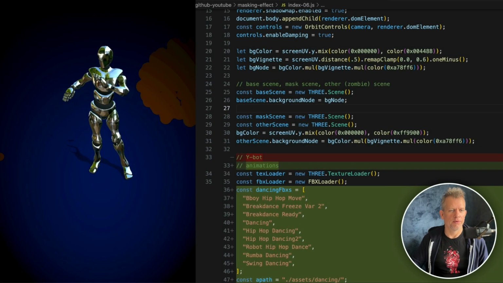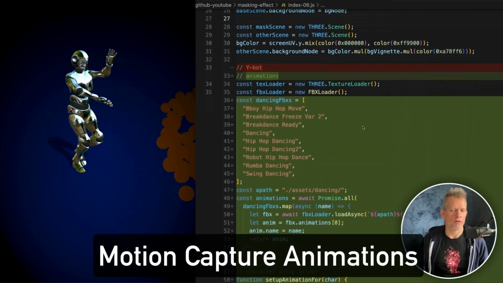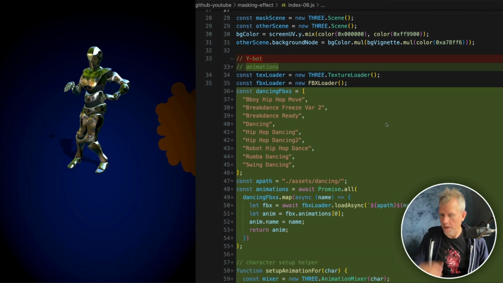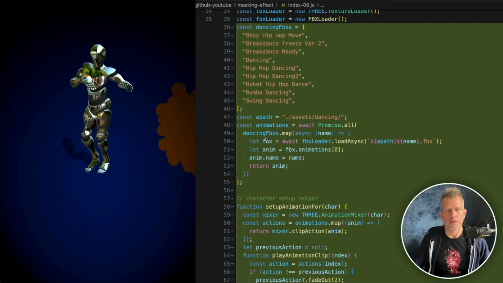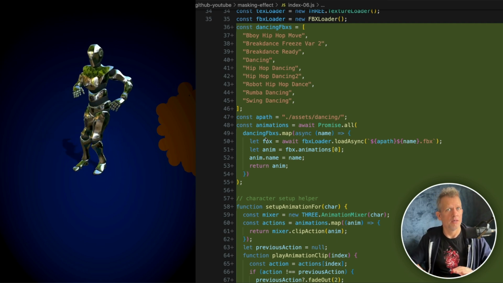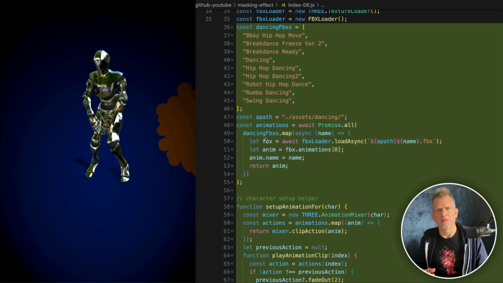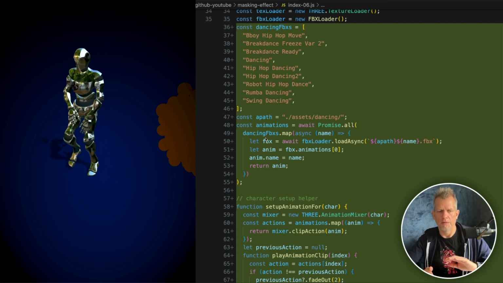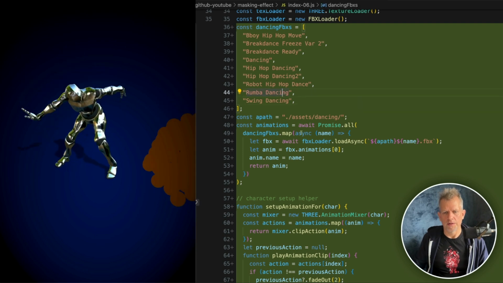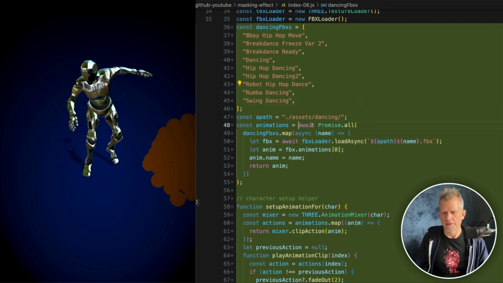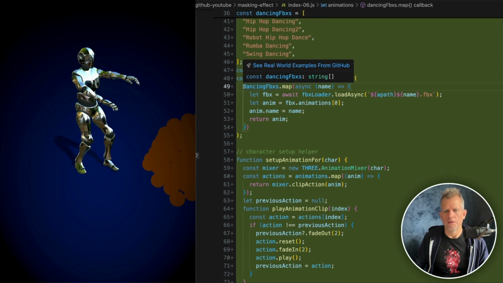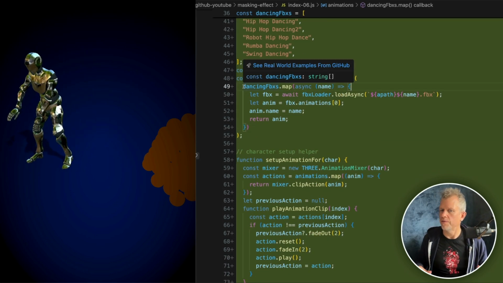In this last step, we load up a bunch of animations. I downloaded all of these from Adobe Mixamo. And I'm going to load them and turn them into animation clips, which we can apply to these characters, and have them dance around. I'm randomly selecting a clip and then blending between the clips, so we have this continuous dance going on. I'm loading all of these guys, and I'm using this. I love this line here. It's await Promise.all. This allows me to load a bunch of files and wait for all of them to finish